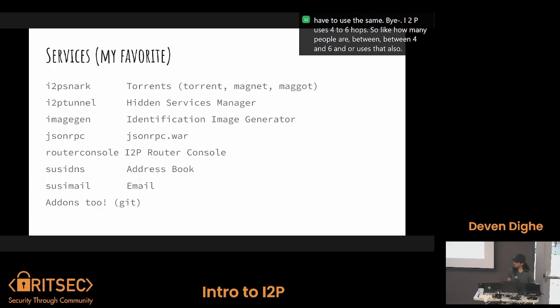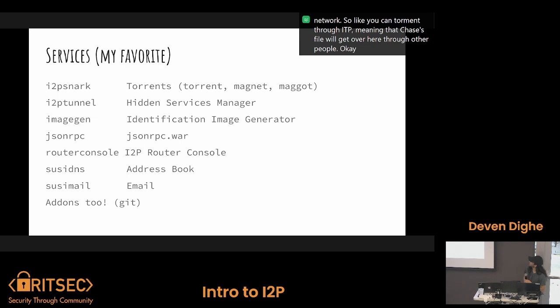All right, services with I2P. I'll give you a little demo later. But I2P has a bunch of different services behind the network layer. You can torrent through I2P, meaning that Chase's file will get over here through other people.